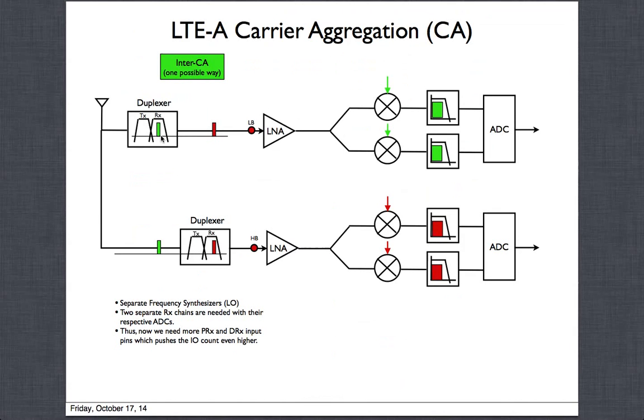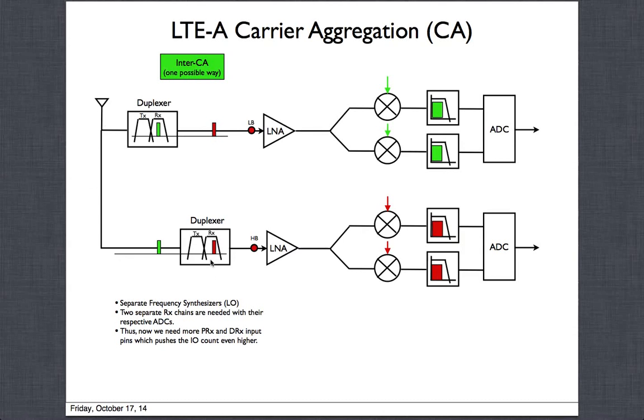Inter is where you actually have two of these which are in different bands. So for example, if I draw them far separated in frequency, the green and the red, then the green might be in a particular band whose duplexer we need, and the red might be in a completely different band which is out of this duplexer. This duplexer will completely attenuate it, so we have to have another one. So we'll have the same antenna through some switching network which might be there, but we will need two separate